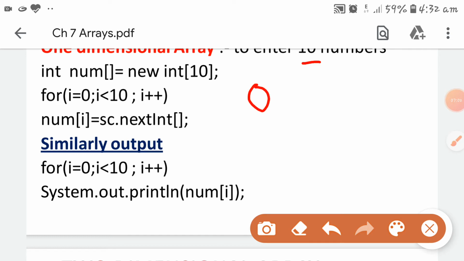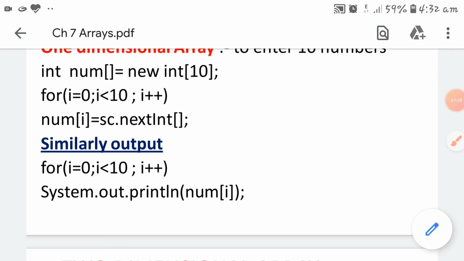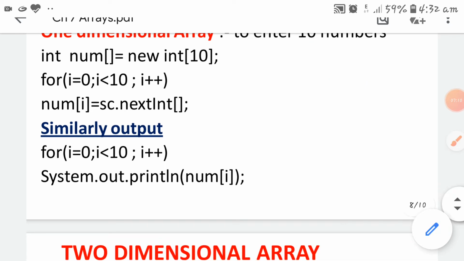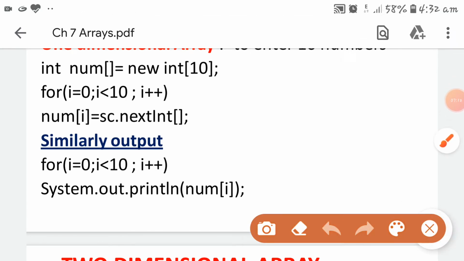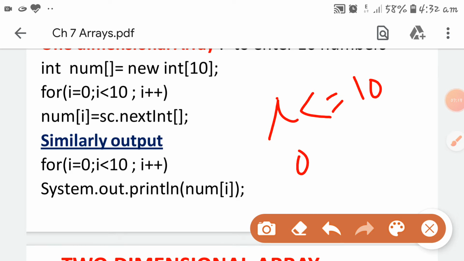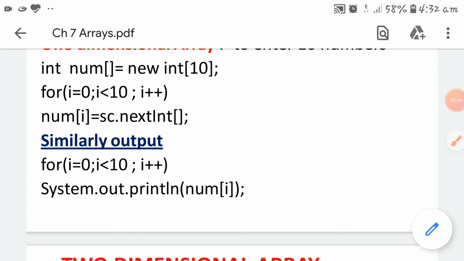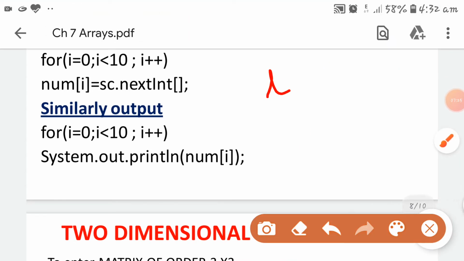An array always starts from 0. 0 to less than 10. Don't put the equal to sign, it will be wrong. If you write i less than or equal to 10, then there will be 11 elements, from 0 to 10. Okay, so this is wrong. You write like this: i less than 10.